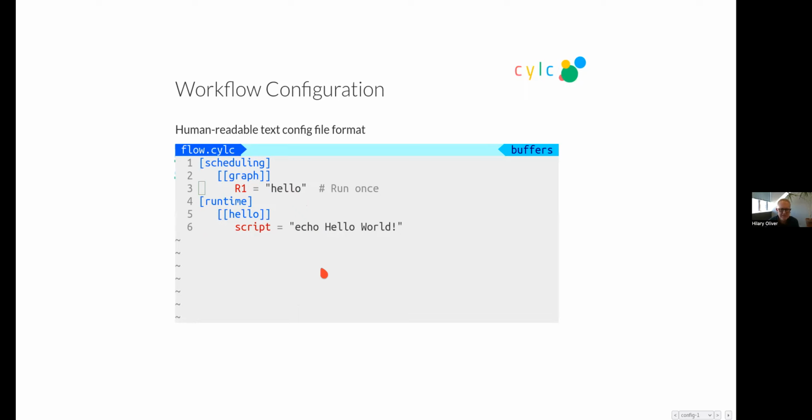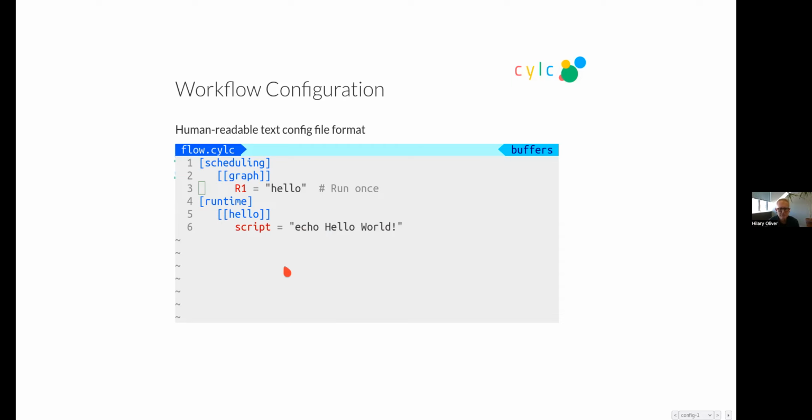Now, how this works behind the scenes is Cylc generates a bash job script that runs your configured commands in a configured environment, the environment you want it to run in, and on the host you want to run on via the job runner you want to run it by, which would likely be Slurm on the NeSI machines.